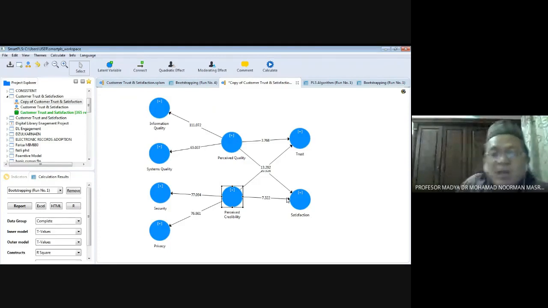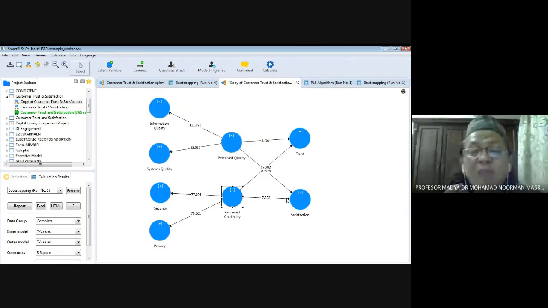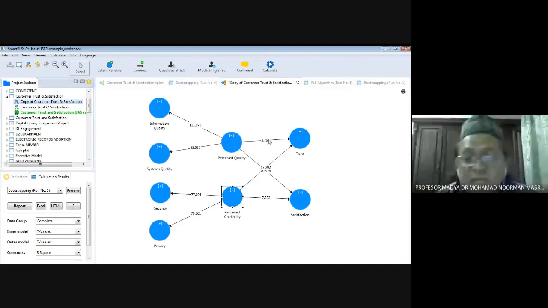So this is what we call second order, when you have got a concept. If you want to hypothesize at the concept level, you do so when you want to reduce the number of hypotheses. Like in this case, the hypothesis is only on this part, not on this part. All right, so I think for the master students,